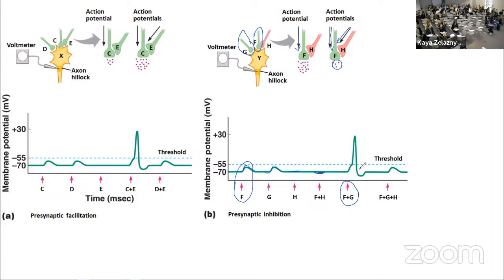They each created depolarizations because graded potentials sum. If they fire at once, we have more of a depolarization, reach threshold, and fire off our action potential. Right? If F, G, and H all fire together, what we're going to add together